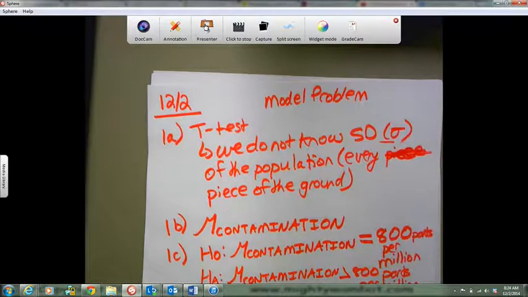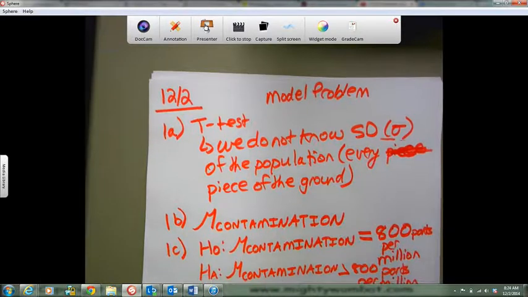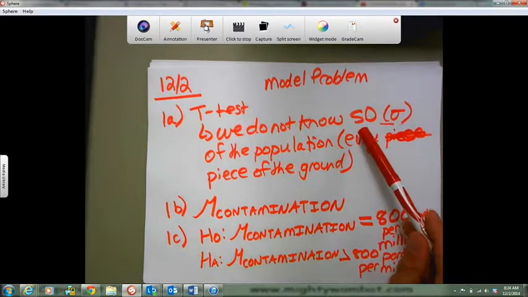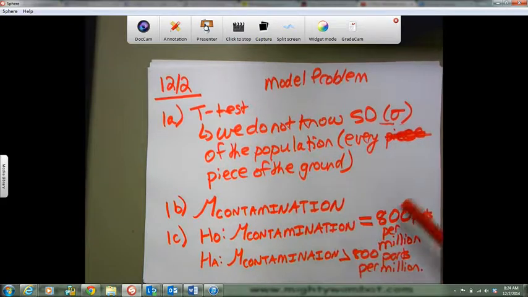All right. And there we have it. So we're using a t-test because we don't know the standard deviation of the population. We care about the mean contamination. Our null hypothesis is that the mean contamination equals 800. In other words, that there's nothing wrong. The alternative hypothesis is something's wrong. The mean contamination is too big. Let me do problem 2 now. Problem 2